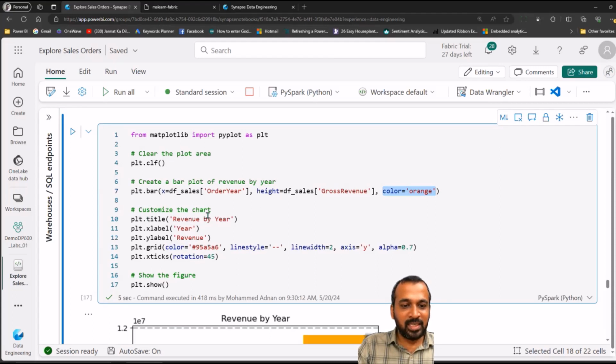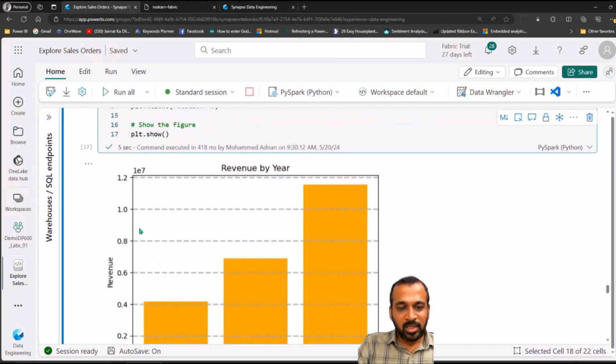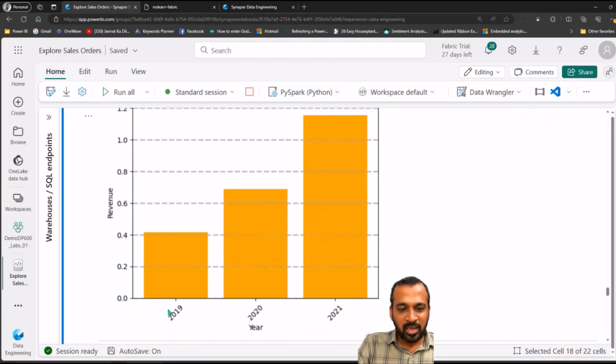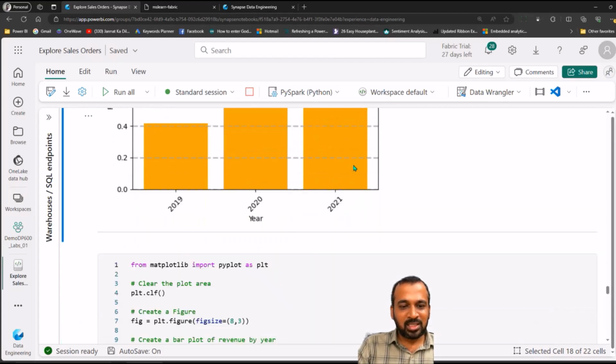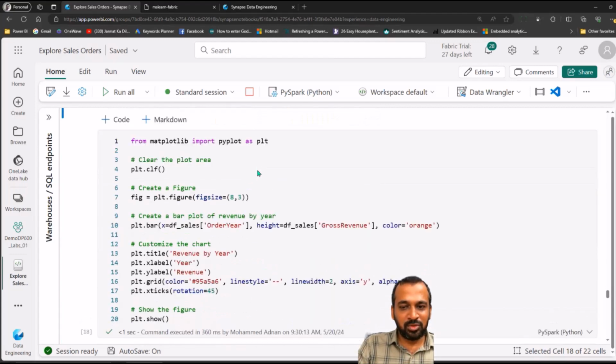The title we need here is revenue by year, X label to be year, Y label to be revenue, and the grid has to be this color. This has to be the line style, and the line width, axis equal to Y, and alpha 0.7, and the tick marks equal to 45 degree rotation. So this is what is showing up here. The 45 degree rotation is showing up here, the orange color, and the grid line is also available here. We can customize similar things,